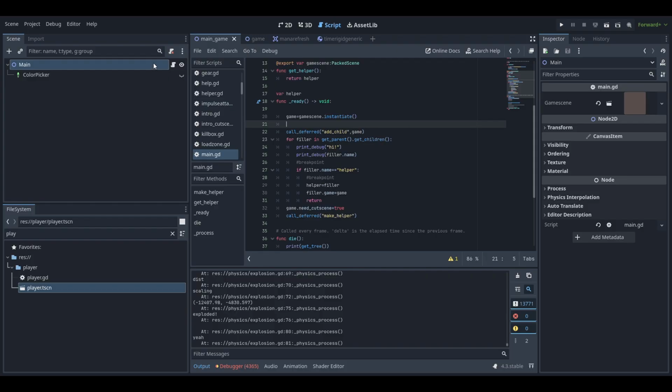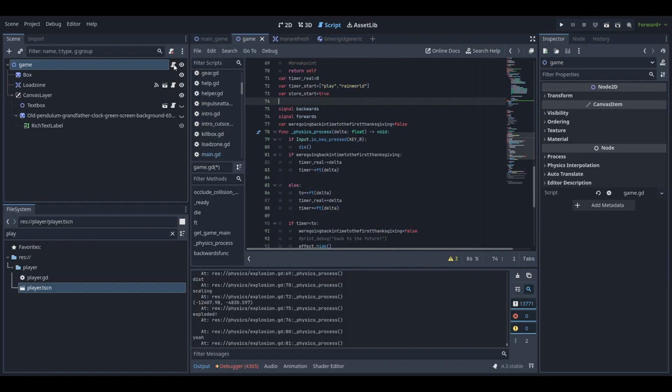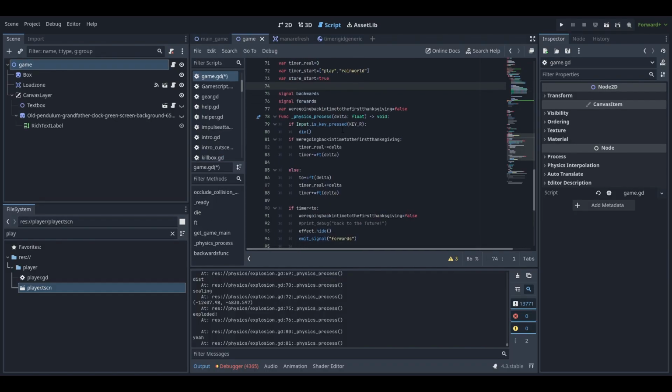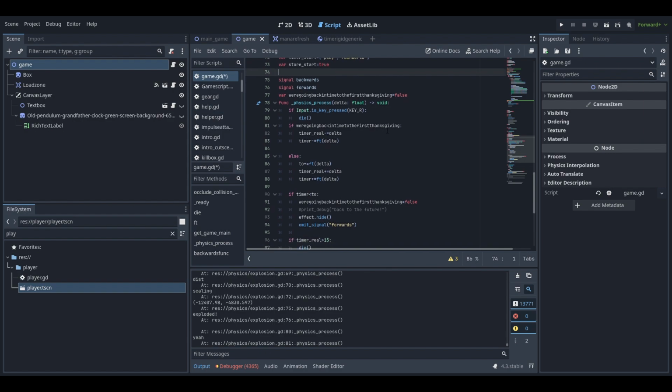It all starts with the root node main. It spawns in a game object, which it adds as a child to itself. The main node does some other stuff, but it's not relevant to this. The game object it just created is where all the interesting stuff happens. It has the UI, the important game logic, and the load zones that control the spawning and despawning of the